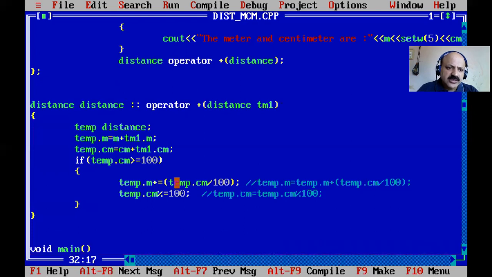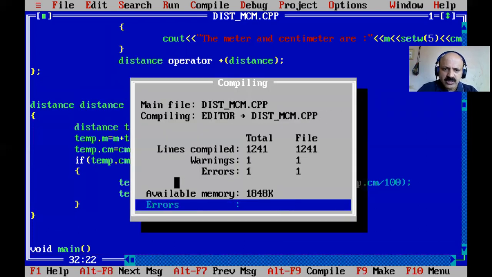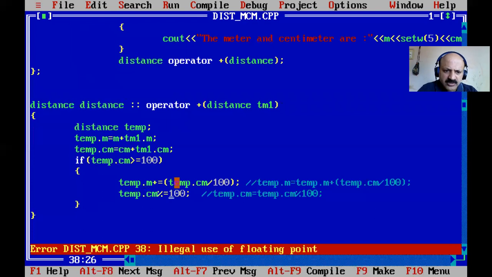Oh, sorry, it is undefined here, I wrote the class name first, so I gave the reverse order. Now it is okay.